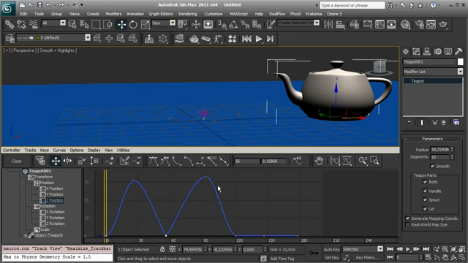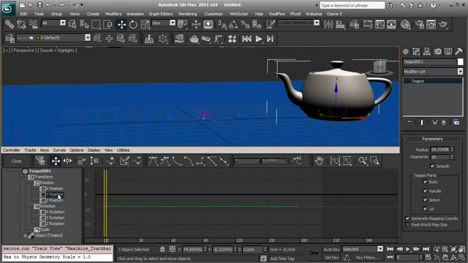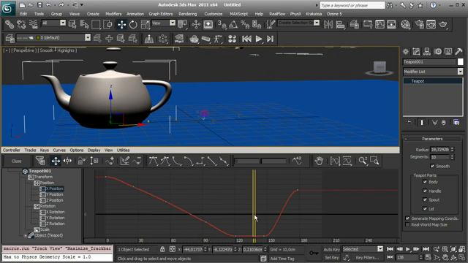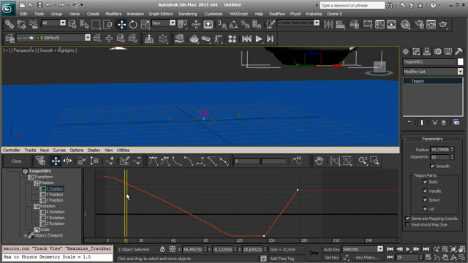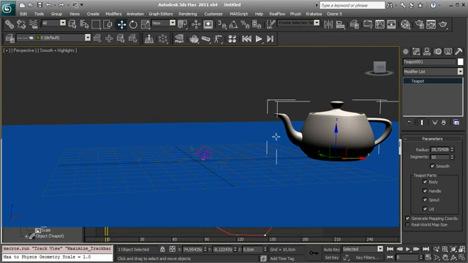Let's say maybe something like that, and there something like that. Okay, and let's see on the other axis, and we have this one. Okay, and there linear key. Okay, so the animation is really simple,